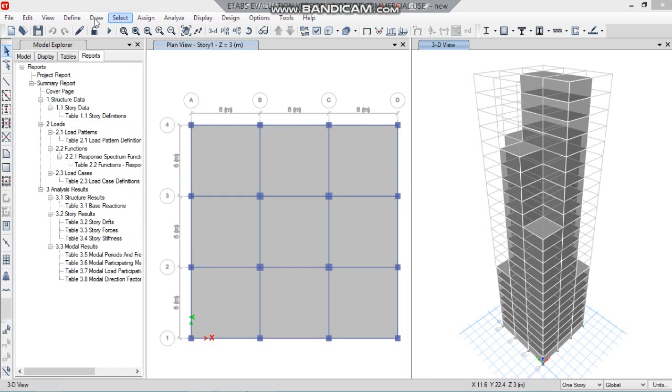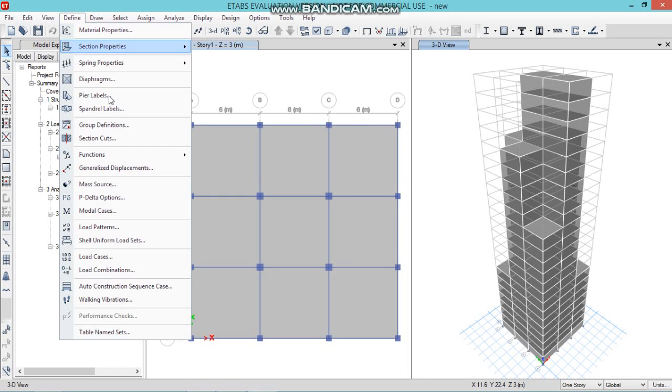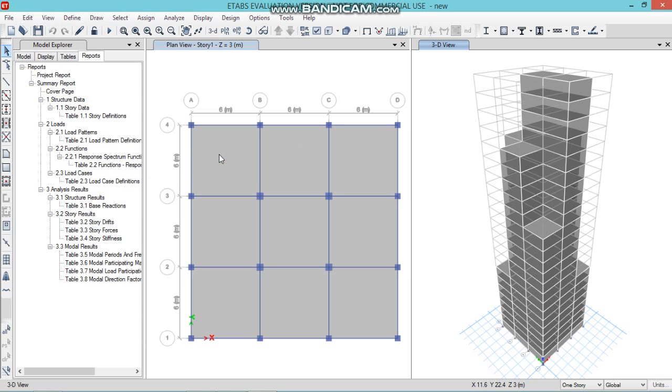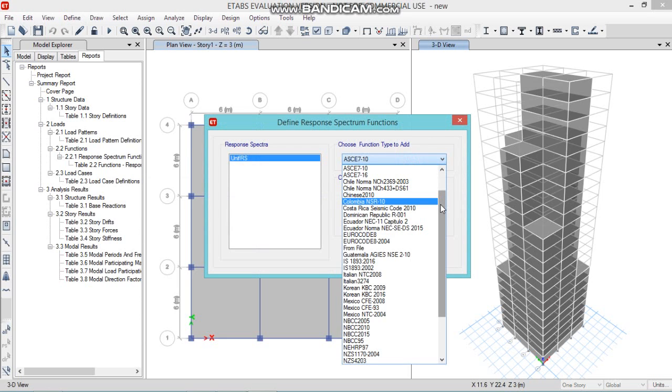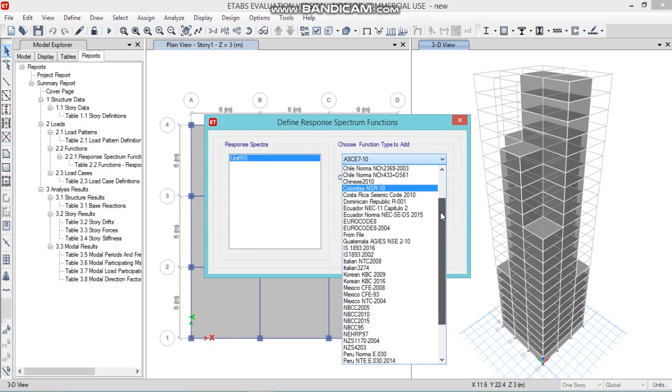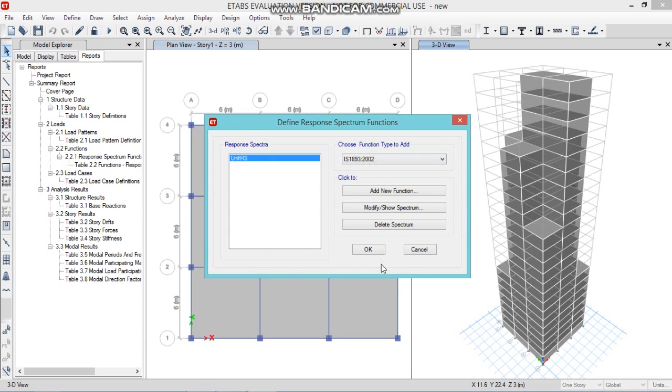Now go to define, go to functions, select response spectrum. From the drop-down menu, select IS 1893 2002. Now click on add new function.